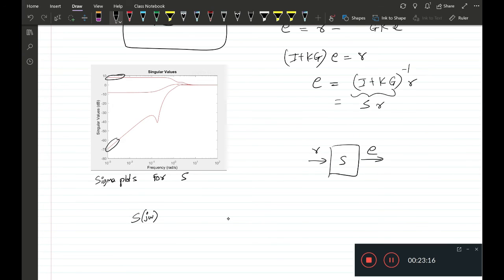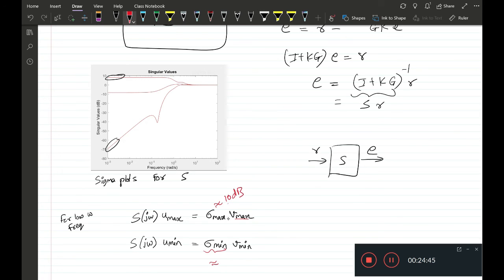There is a U max at low frequencies. So for low frequencies omega, S of j omega U max is sigma max V max, and S of j omega U min is sigma min V min. So sigma max is around 10 dB and sigma min is around